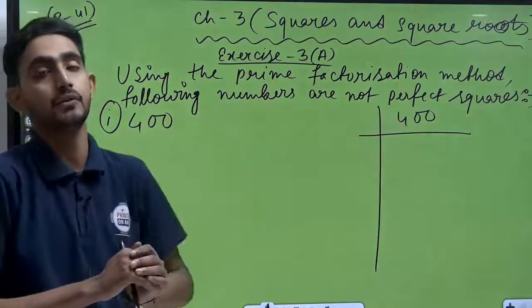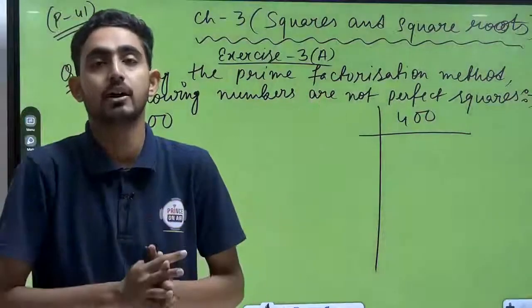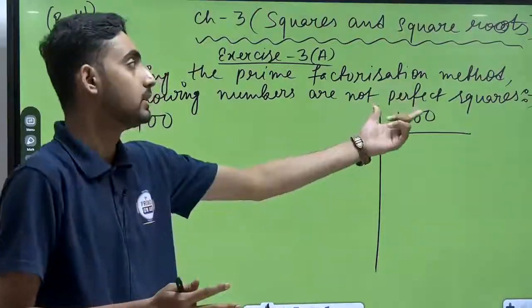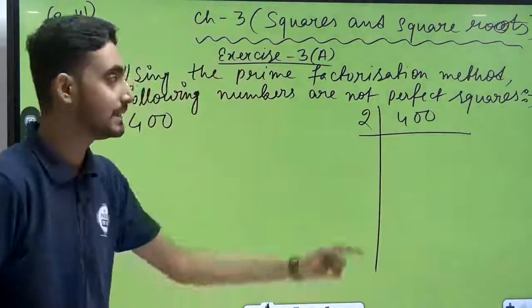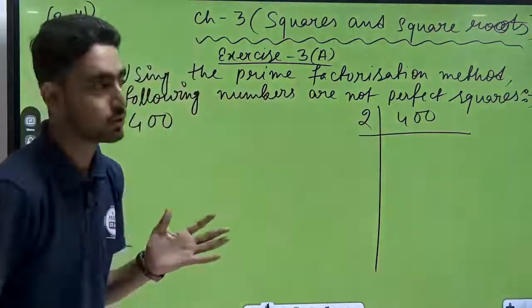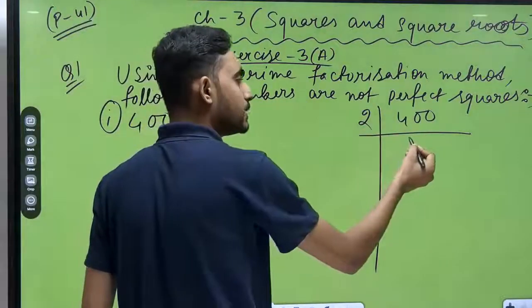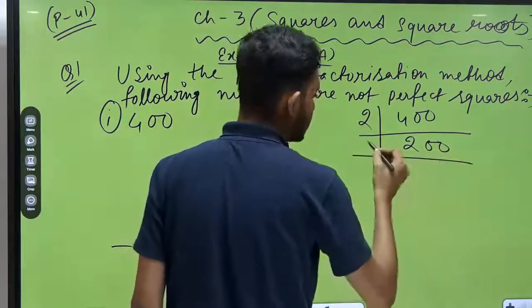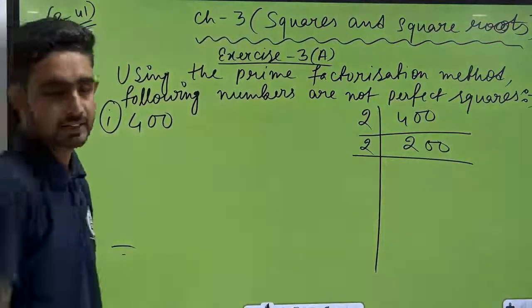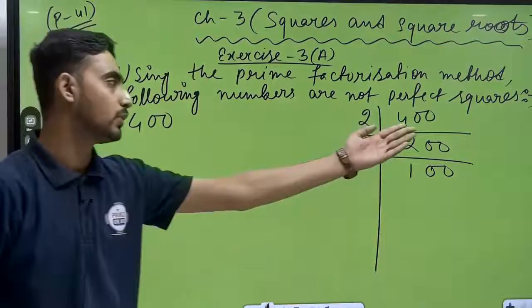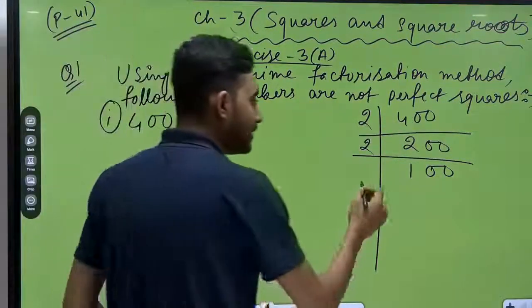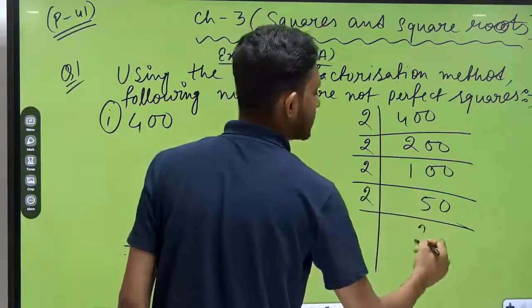Suppose a lot of big numbers come in front of you, like 1000, or 10,565, and you want to find out whether it is a perfect square or not, how will you find it? With the help of the prime factorization method. See here, first of all we'll take 2, because this number has 0 at the end. So 400 divided by 2 is simple 200, all of you know. And again it is divisible by 2, correct? 200 divided by 2 is simple 100. Again we will divide it by 2. So this is how many? 50. Again take 2. This is 25.